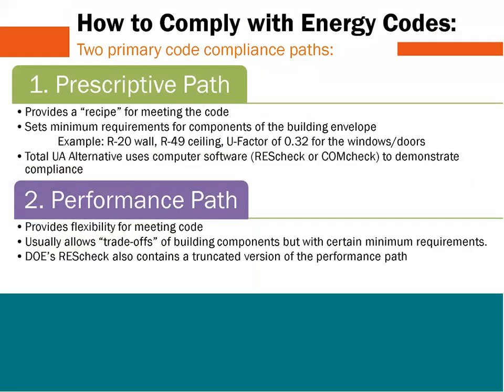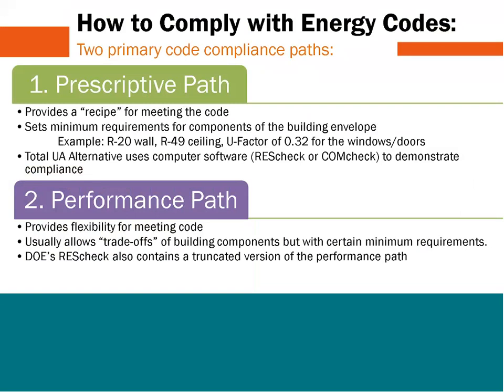So how to comply with energy codes. There are two primary code compliance paths: the prescriptive path and the performance path. The prescriptive path lists specific requirements for all of the building envelope components. It's much like following a recipe, where you get specific requirements for the walls, any of the fenestration products such as windows and doors, and they look at the U-factors and the SHGC of those products as well as HVAC